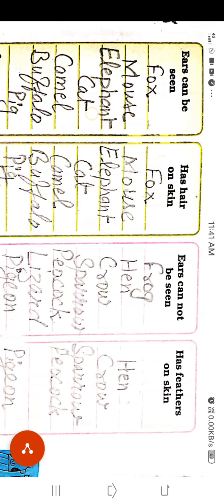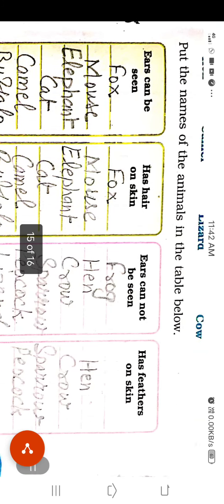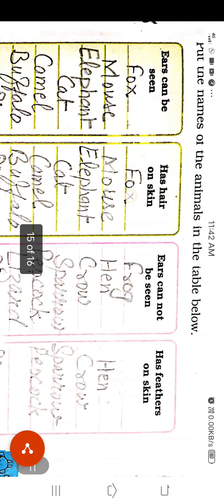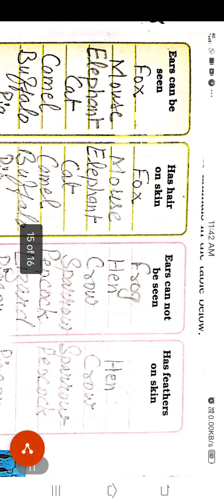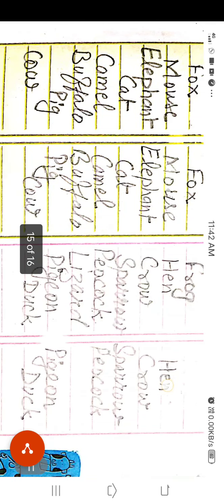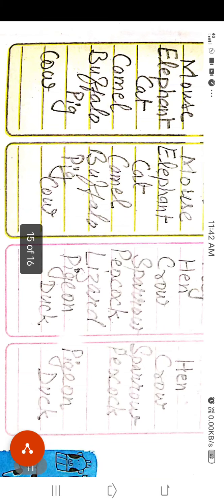I have written here whose ears can be seen. These animals are fox, mouse, elephant, cat, camel, buffalo, pig and cow. Here the animals that have hair on their skin are fox, mouse, elephant, cat, camel, buffalo, pig and cow. The animals whose ears cannot be seen are frog, hen, crow, sparrow, peacock, lizard, pigeon and duck.